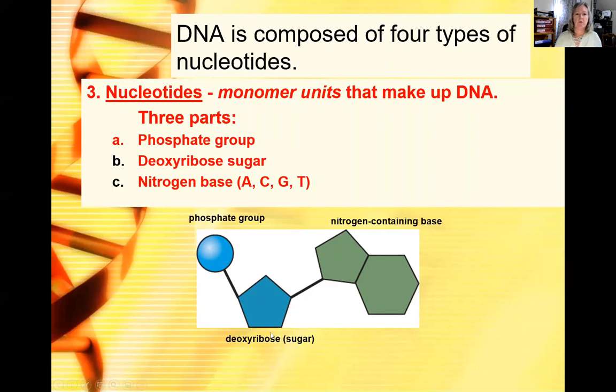How do I know this is a sugar? Because it ends in -ose. Remember, glucose, lactose, maltose, sucrose, cellulose, all those -oses, those are sugars. And then this nitrogen base, so this part, the nitrogen base can be either adenine, cytosine, guanine, or thymine. So those are the 4 principal bases in all DNA, whether it's plant DNA or animal DNA or even bacteria